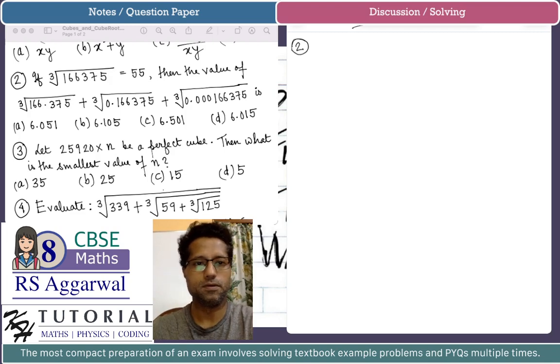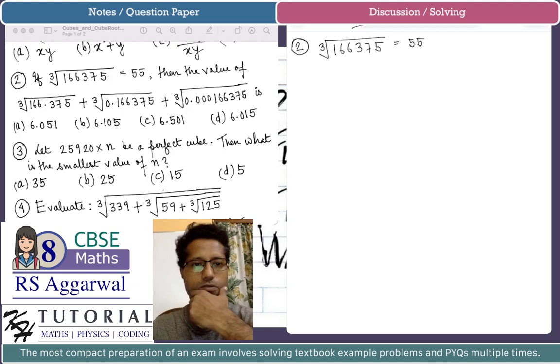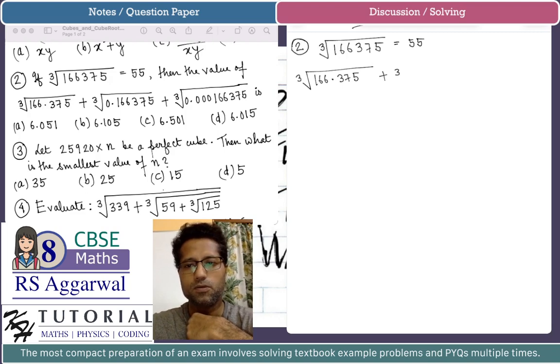Problem number 2 is, it is given that the cube root of 166,375 is 55. Then we are asked to find the value of the cube root of 166.375 plus the cube root of 0.166375